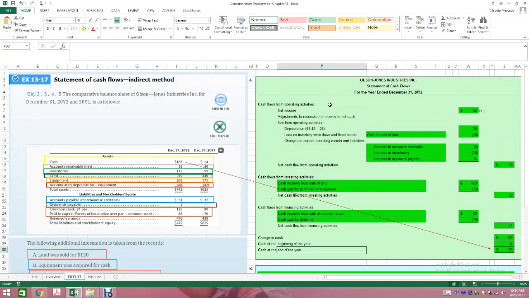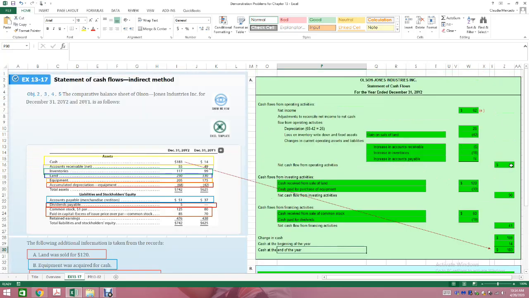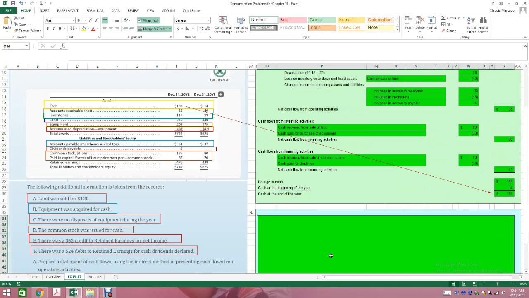So let's look at our operating section. My net income was $62. My cash flows from operating activities was $38. So they're asking, was the net cash flows from operations more or less than net income? Well, 38 versus 62, it was less. Okay? So my first response here is Alton Jones' net income was more than the cash flows from operations,